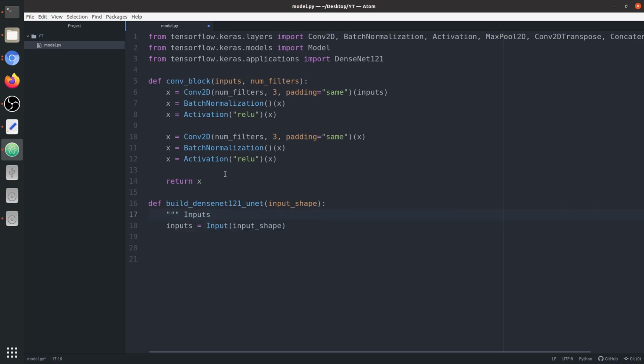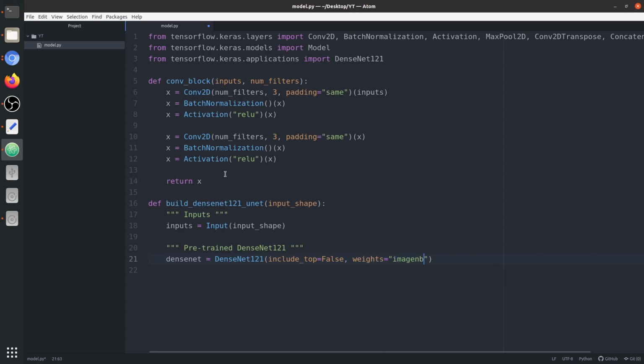Inputs, and next we need to load the pre-trained architecture. Pre-trained DenseNet 121. Okay, let's say densenet equals DenseNet121. First of all, we need to say include_top equals False. We don't want the classifier at the last. We just want only the basic architecture. Weights, we need to load the weights from ImageNet.